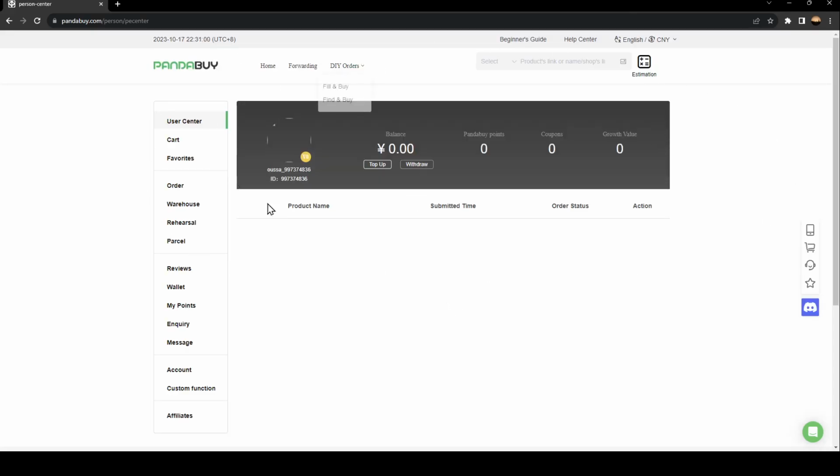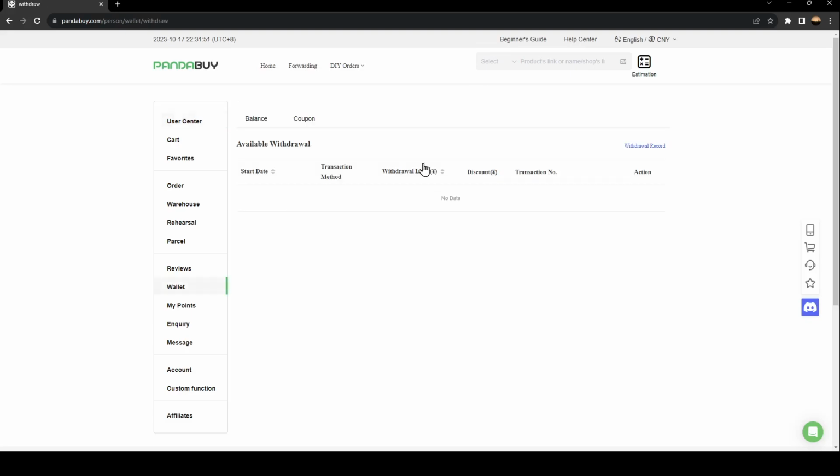And then once you click on user center, you're gonna be right here in this page. So as you can see guys, right here, you're gonna find your balance here, your Pandabuy points, your coupons, your growth value, and right here under your balance, you're gonna find top up and withdraw. So go ahead and click on withdraw, and once you click here, you're gonna find the available withdrawal here in